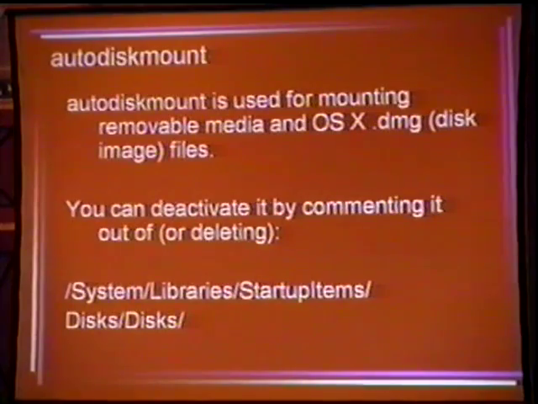We talked about auto disk mount. That was the first thing in our list. We talked about when you want to turn those off, when you want to keep it. The other thing that auto disk mount is used for is if you download a disk image file. You ever download a disk image file on an OS X machine and all of a sudden it shows up as another drive? Well, that is what mounts them automatically. Whether you want to mount them automatically, again, it's one of those issues where it's your risk. You choose your risk.